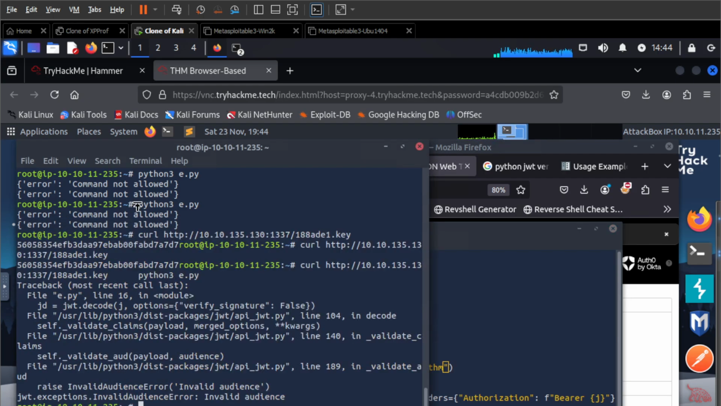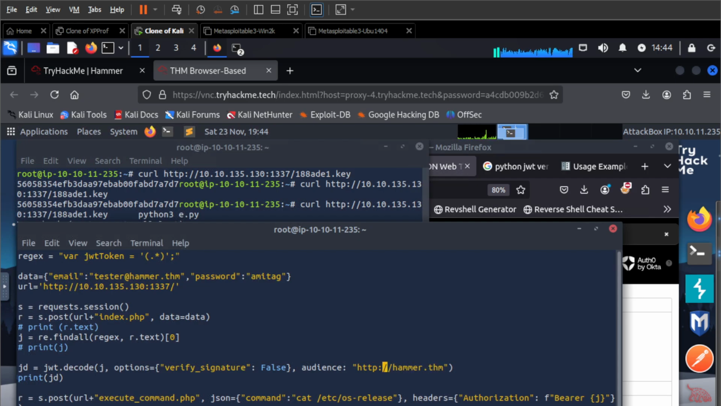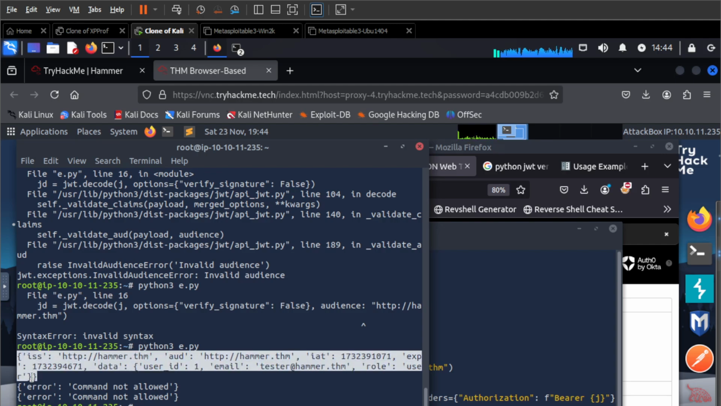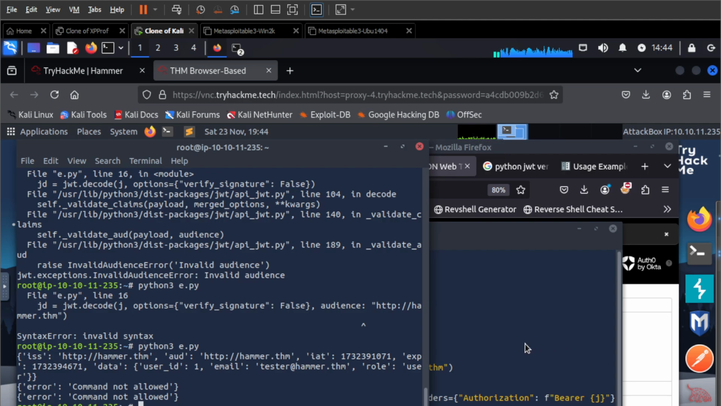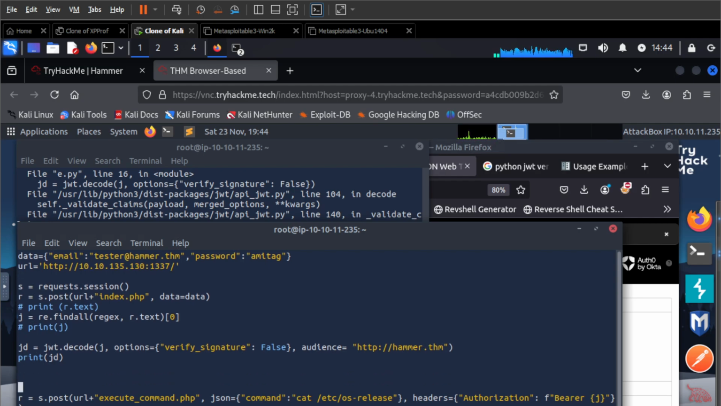Done. Okay, let's try to decode it again. Audience equals, not semicolon. Okay, audience equals this. Okay, so we are able to decode the JWT. Now, since we are able to decode the JWT, we should be able to modify it the way we want it, right? So what I want to say is that my KID file is